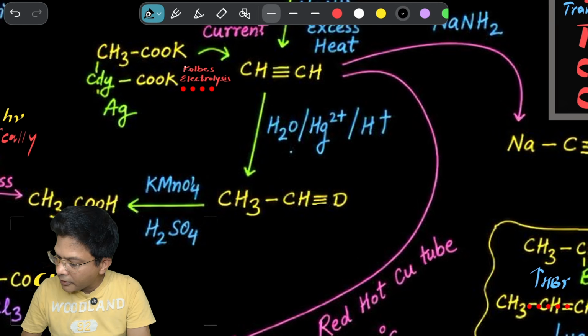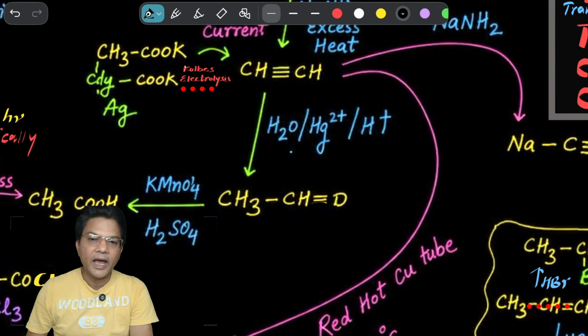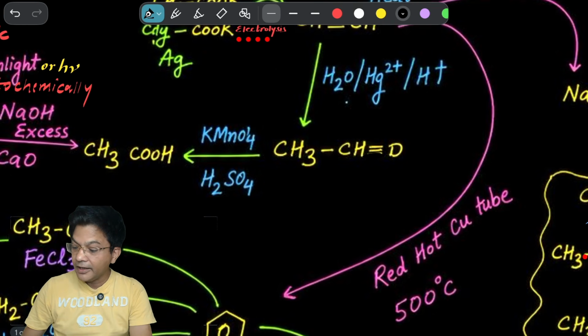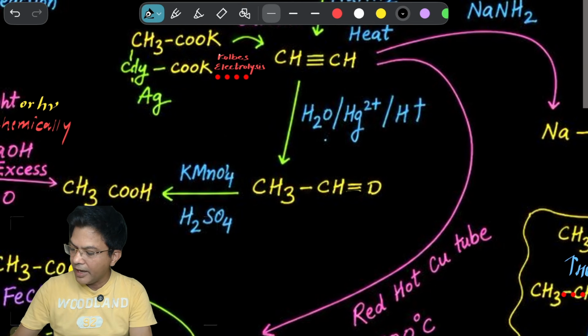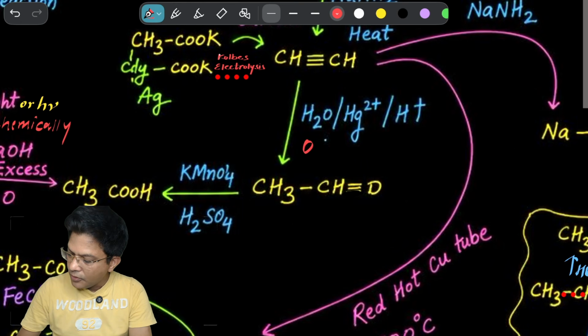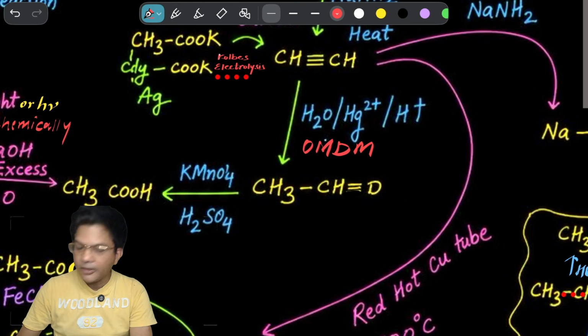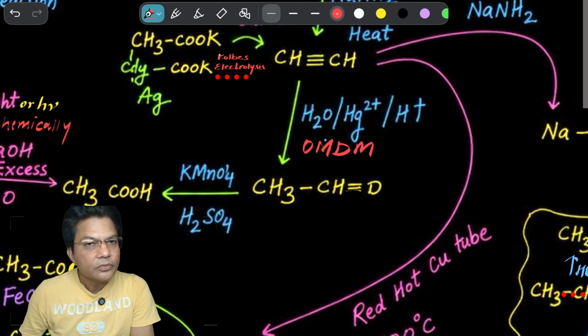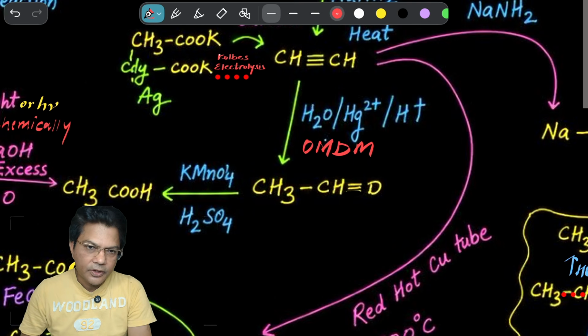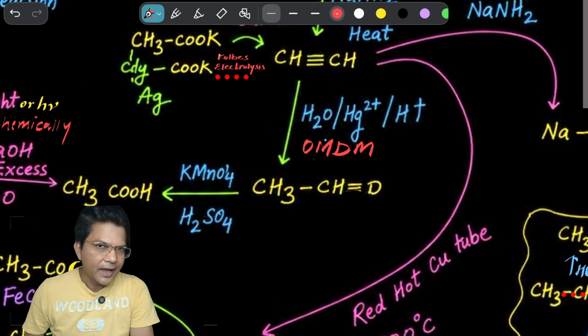CH3CHO, and that's why I told you that if any error is there, I will let you know during the reaction. CH3CHO, with the double bond, is acetaldehyde. Now this OMDM reaction was the oxymercuration-demercuration reaction. First water adds, you get an enol, and that enol converts into the keto form, because the enol is not stable. But you can also do the reaction directly, and that is valid because this reaction takes place